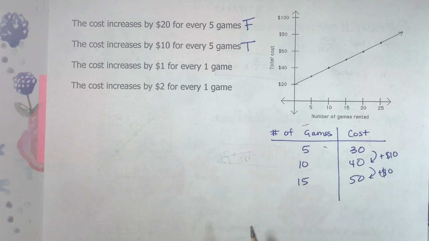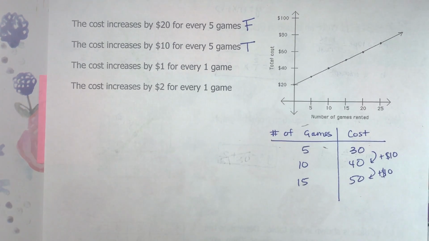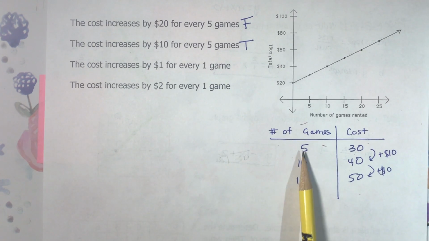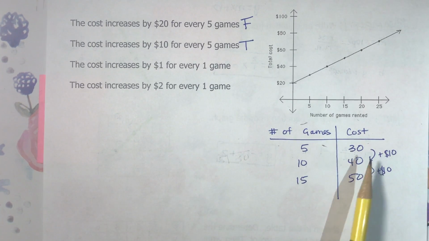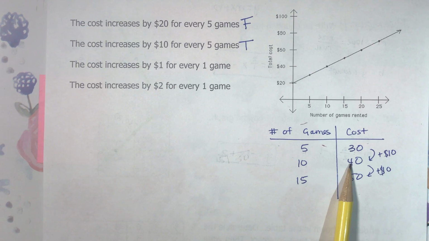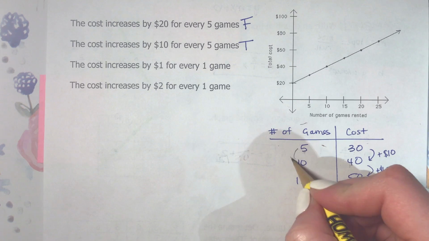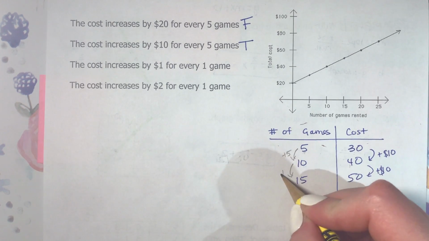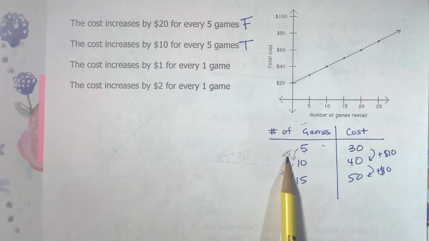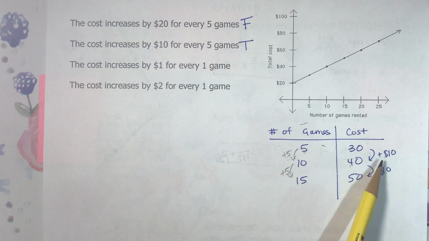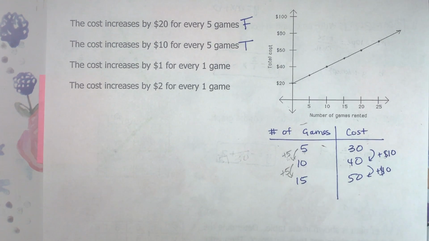We wouldn't be able to do 30 divided by 5 because it's not going to be consistent for each one. I apologize. Because it starts at 20. So we're going to have to ask per five games, it's increasing by $10. So per one game, if I divide this by 5, so this is plus 5, this is plus 5. If I were to divide this 5 by 5 and this 10 by 5, I'm reducing the rate of change down here. So that would actually be false